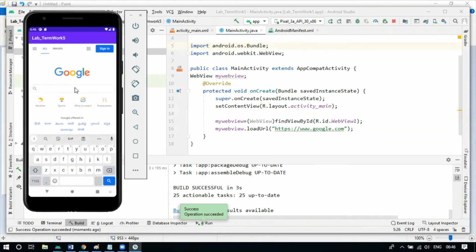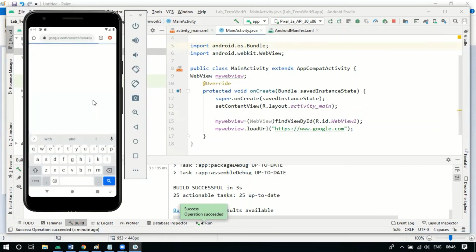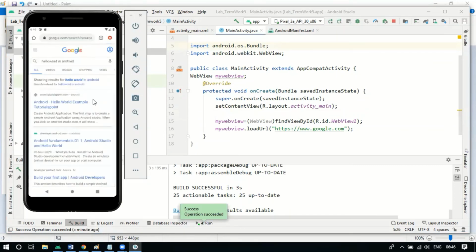So here, as we said, WebView allows us to search any information on the internet or to go to any particular website. So I can just type hello world in Android. You can click on these links and you can come back.